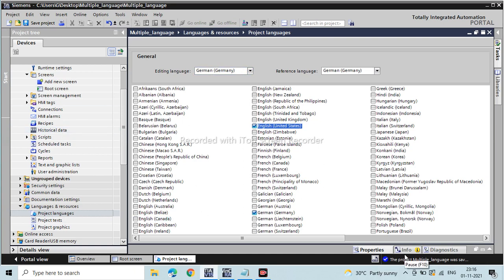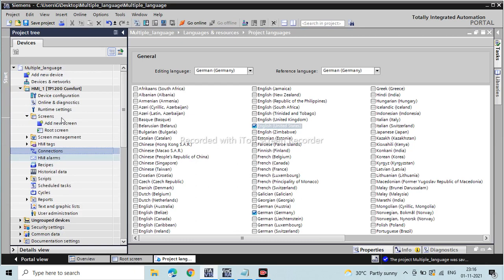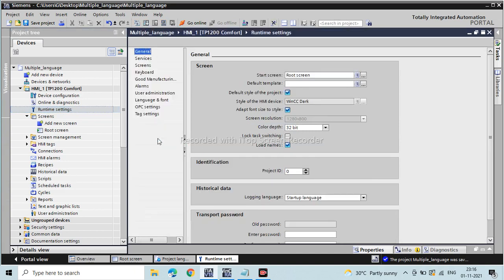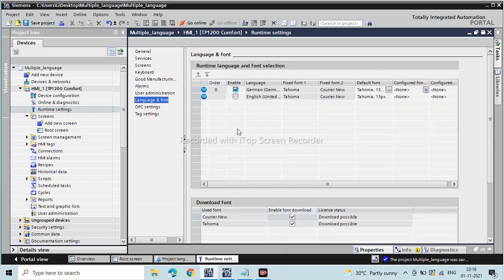In the second step, we will configure the runtime languages in HMI. Here is the runtime setting. In runtime setting, we go to language and font. Here we have given first preference to English, and second preference will be given.